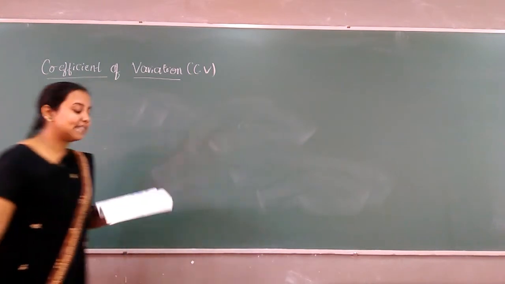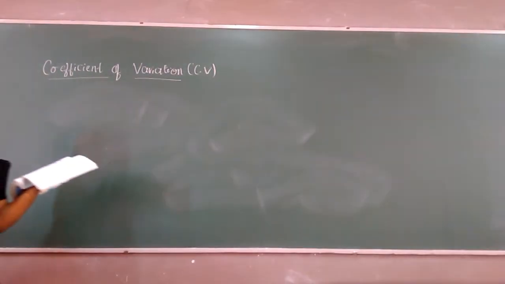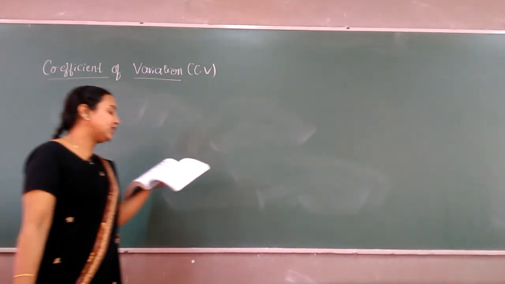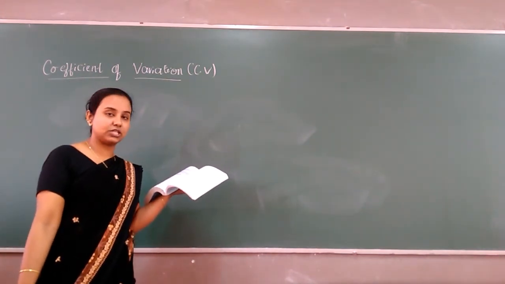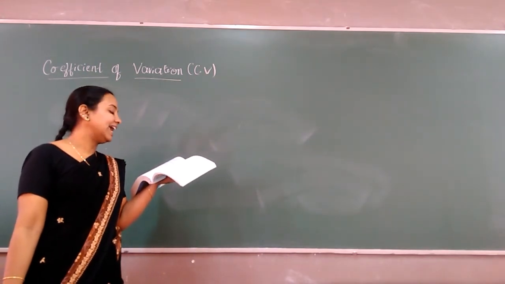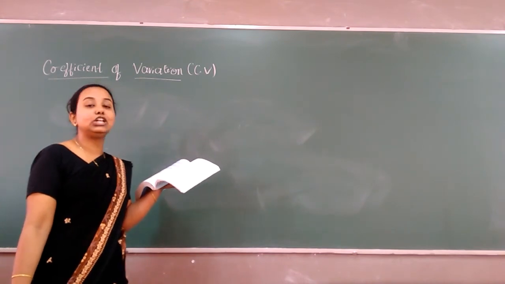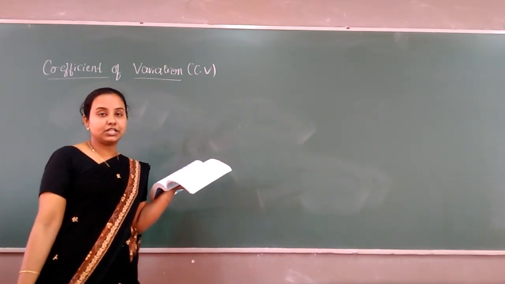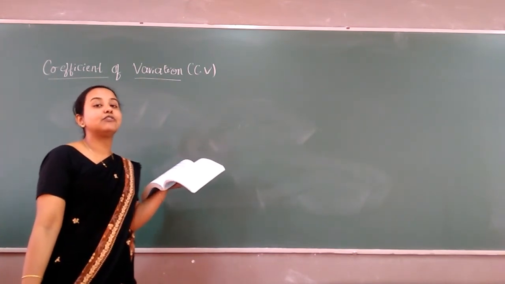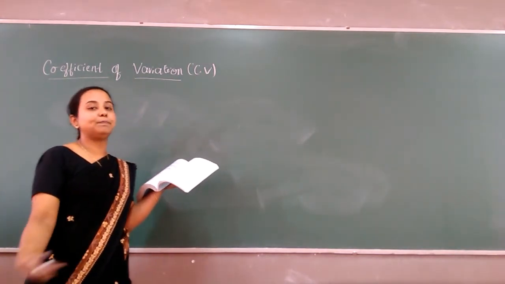So what details are given? Here we have been given the number of workers, average monthly wages and variance of those wages. And what we have to do? We have to find in which plant, A or B, there is a greater variability in individual wages. Okay, so they are asking us about the variability in the wages of either plant A or plant B.